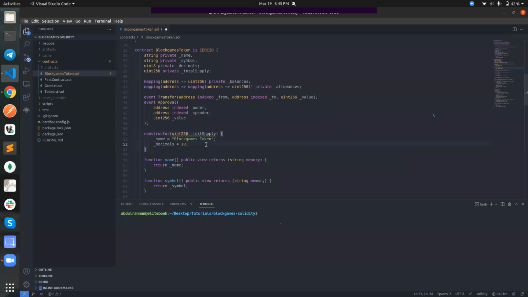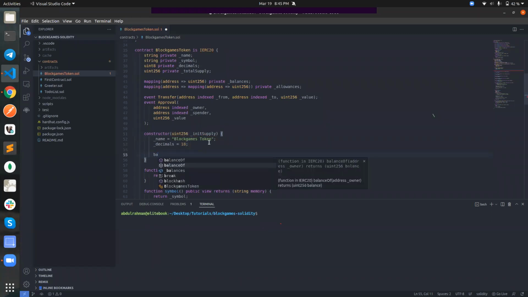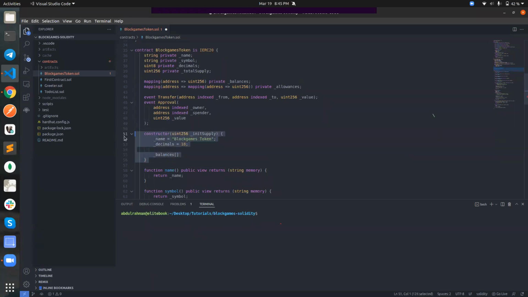So we're going to be updating the balances of the person that's calling it, or the person that's deploying it basically. So whoever is deploying this smart contract is going to be calling this constructor. So the address of this person is going to be here. Then plus equals to